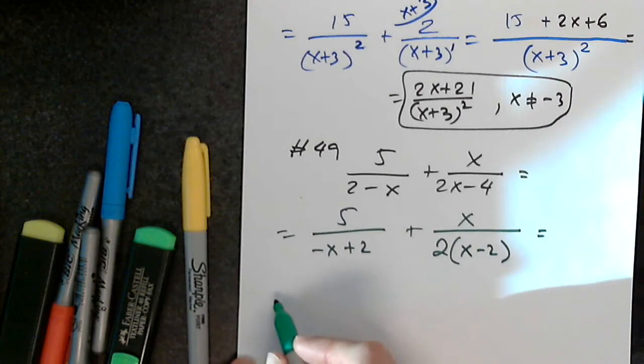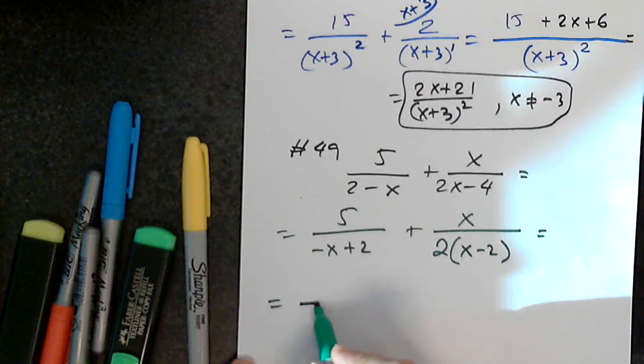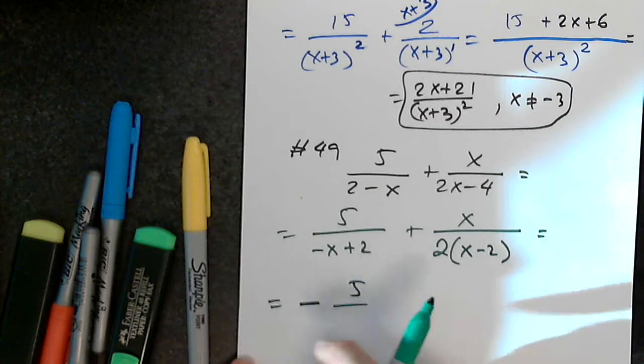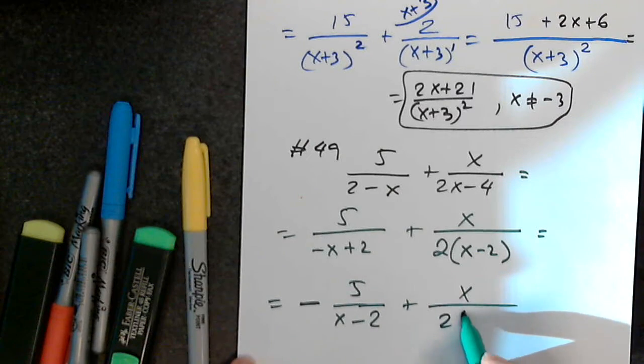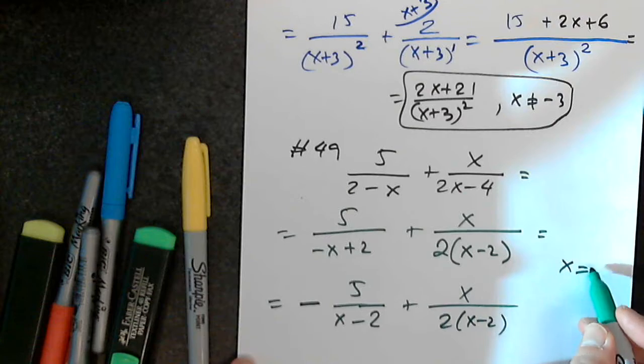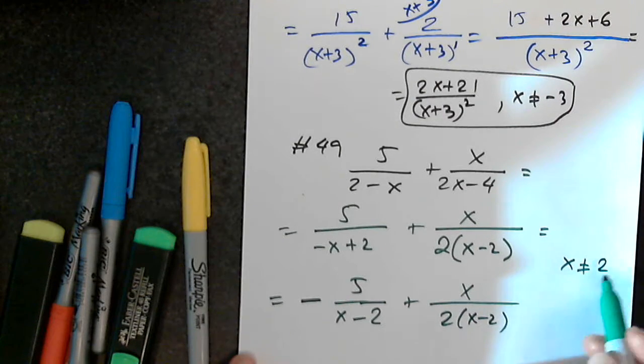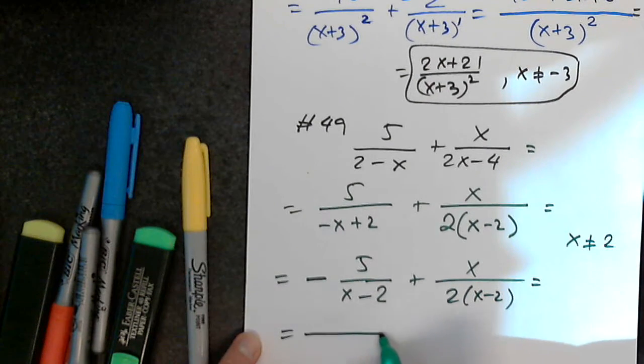What is the problem with it now? Yes, and I'll put it in front already because the top is positive, and when I pull the positive over, it will be negative. So the denominator will be x minus 2. The only restriction is x not equal to. And now,